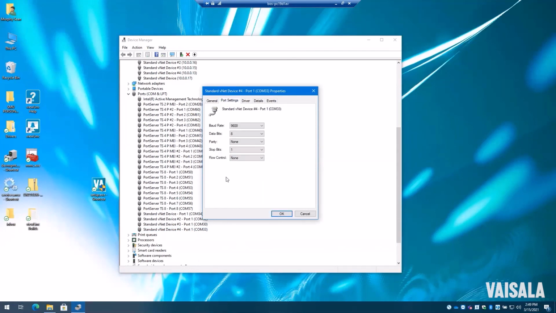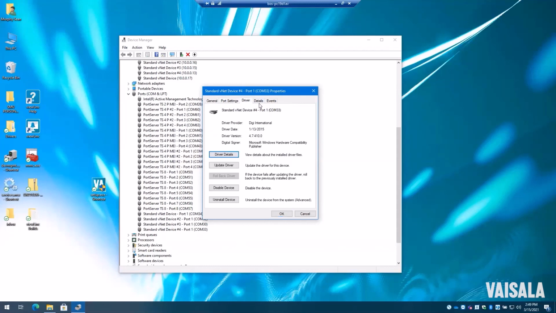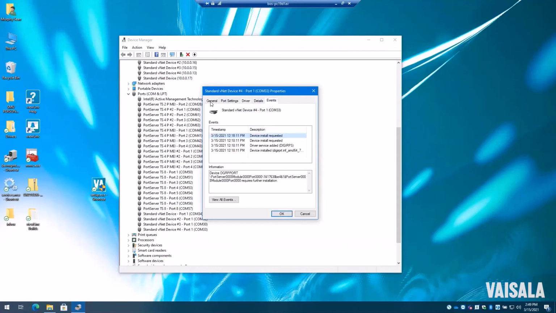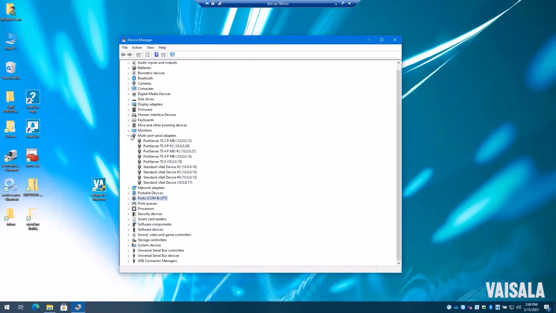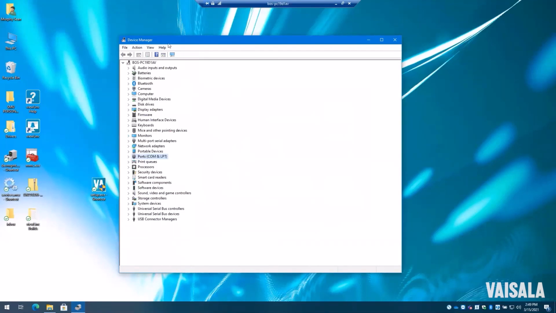This is not really important to note because it's automatically set up with a VNet device. So there's really nothing to tweak on this outside of the fact that it exists as being the virtual COM port on the server. So that's really all that you can glean from this interface. Again, you have to be logged into the server as a manager.